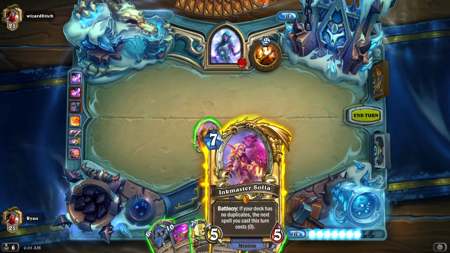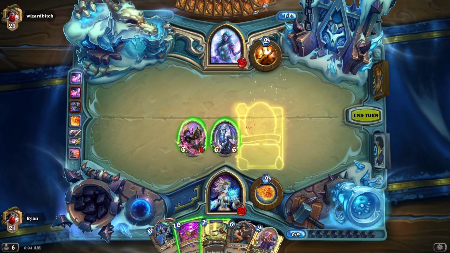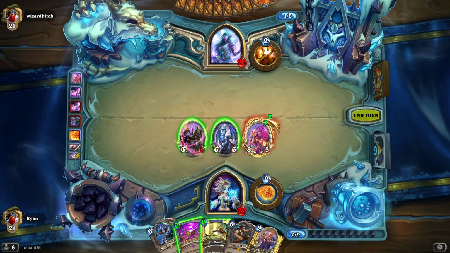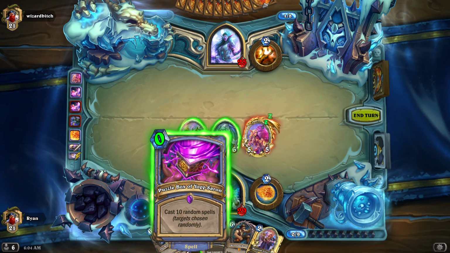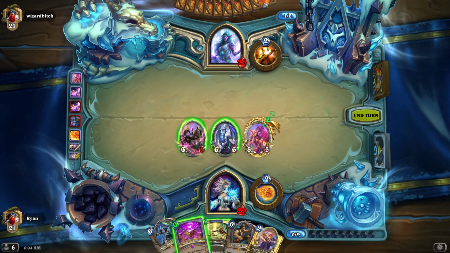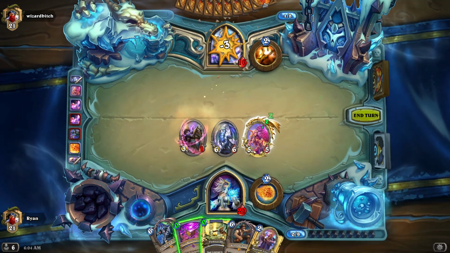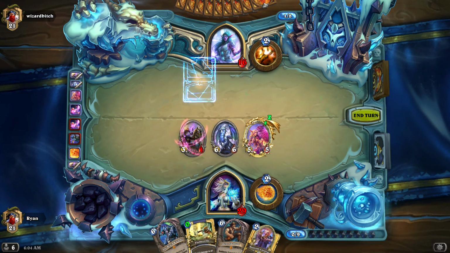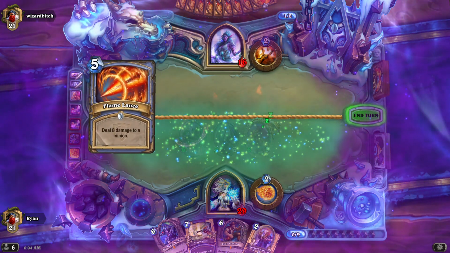So. Oh, okay. Well, let's play that then. Embrace the power of the Cabal. If your deck has no duplicates, the next spell you cost is 0. Okay. Well, wait. Let's just do it correctly, in the off chance something dies. I'll be honest, I misread that. I thought you got to create a spell. But that's fine. I really had nothing else to play anyway, so...